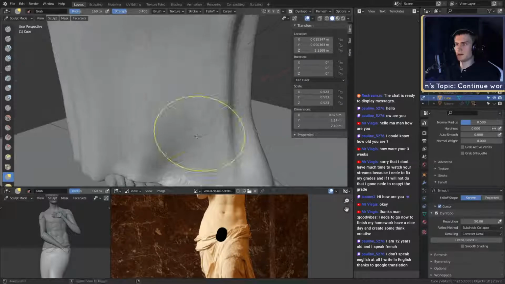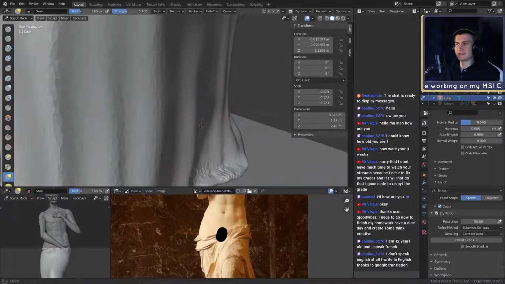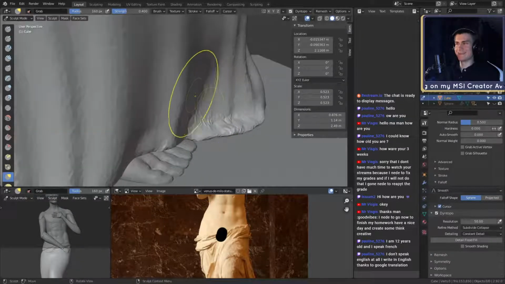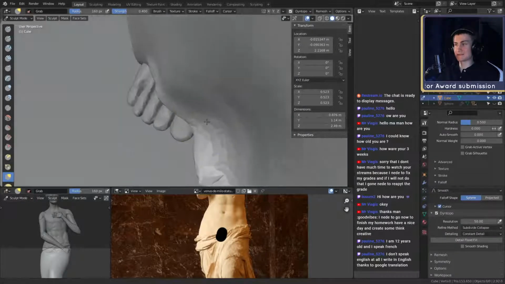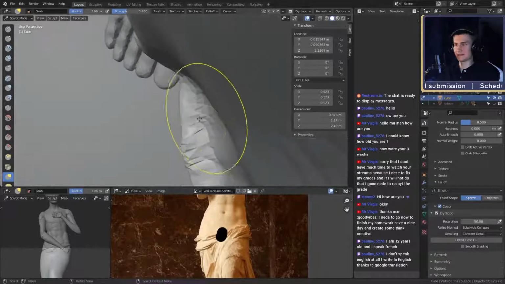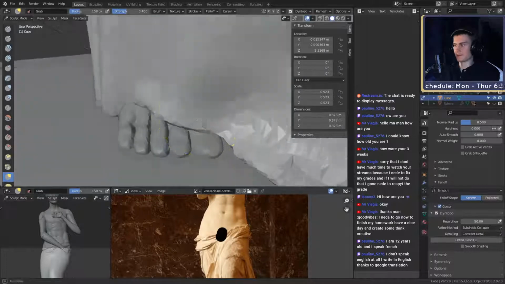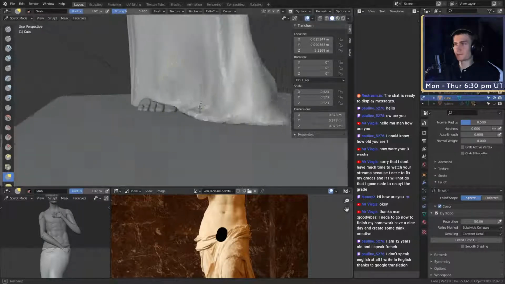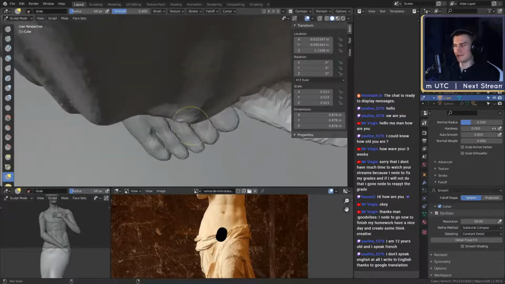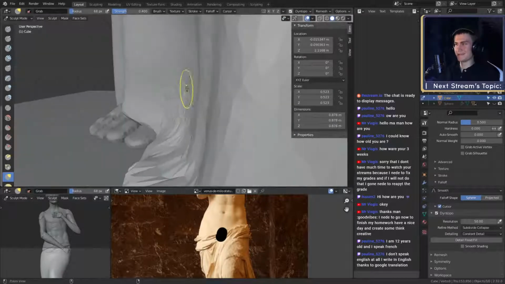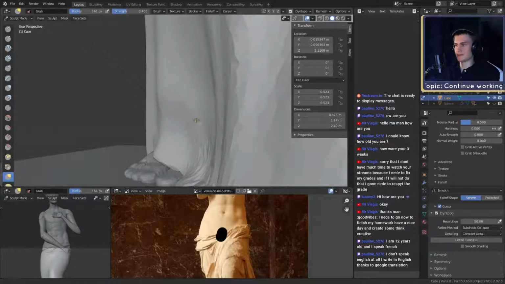I was wondering, of course nudity isn't allowed on Twitch, but at what point is a sculpt considered NSFW? Like if I start sculpting in the breasts now, at what point would that be considered NSFW? I thought about that a while ago, so I would just do it off stream.